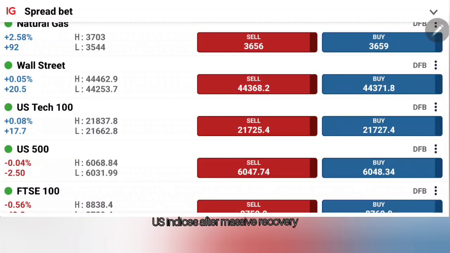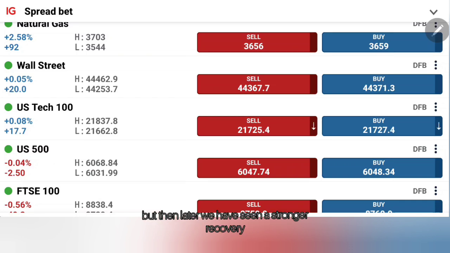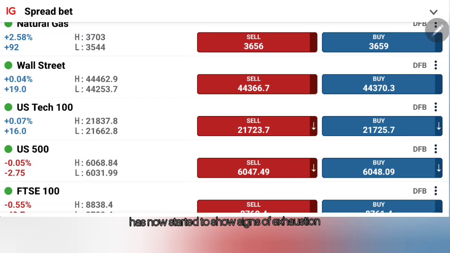US indices, after the massive recovery and reversal yesterday following the inflation data, though we had seen a dip, but later a stronger recovery, have now started to show signs of exhaustion. Today it started on a slight bearish note and erased some of yesterday's gains. Today we also have the PPI data, which is going to add to volatility in the indices. What to expect, where to enter, where to exit, how to profit, we're going to see with the help of